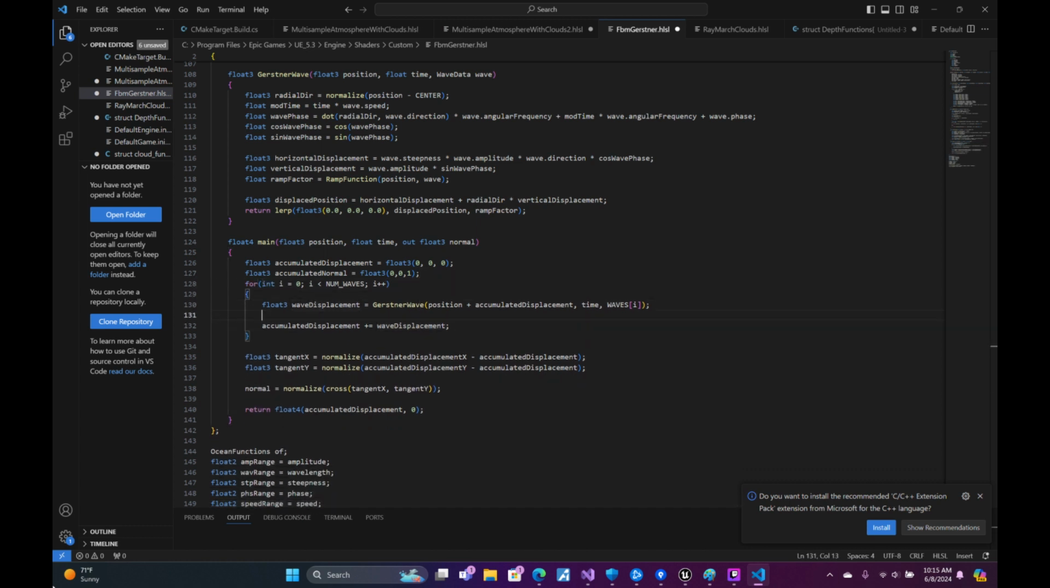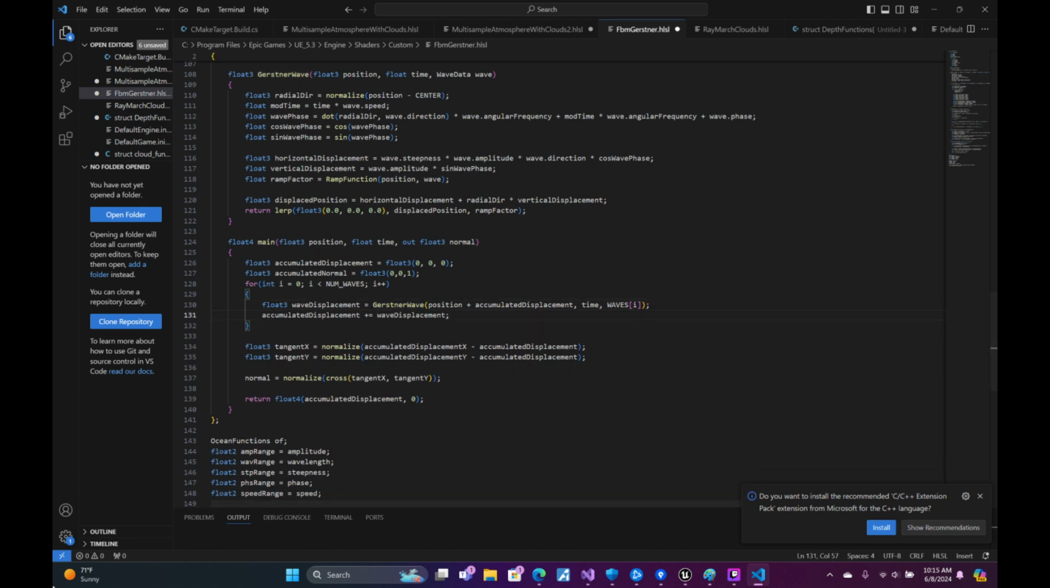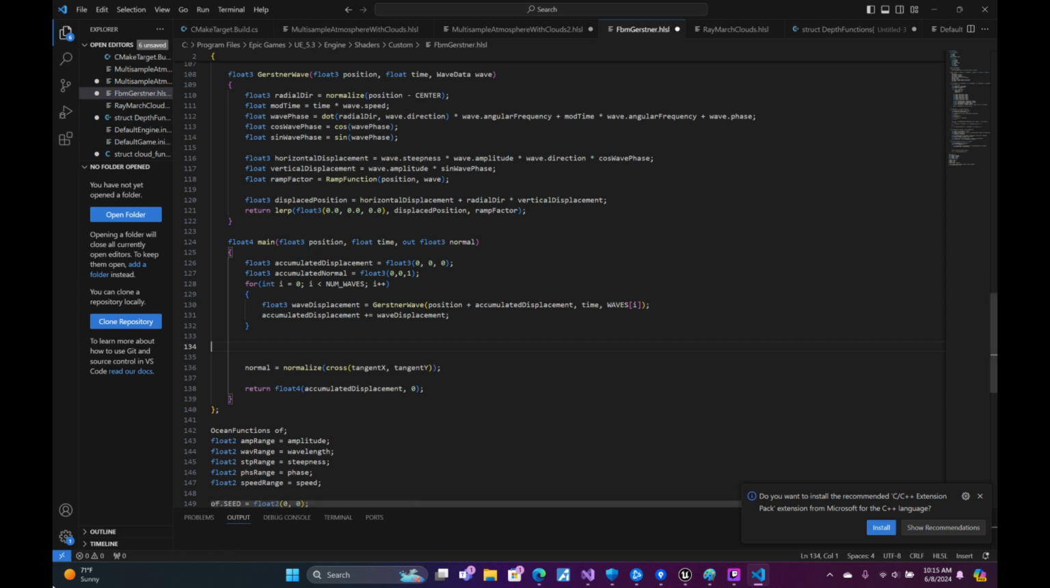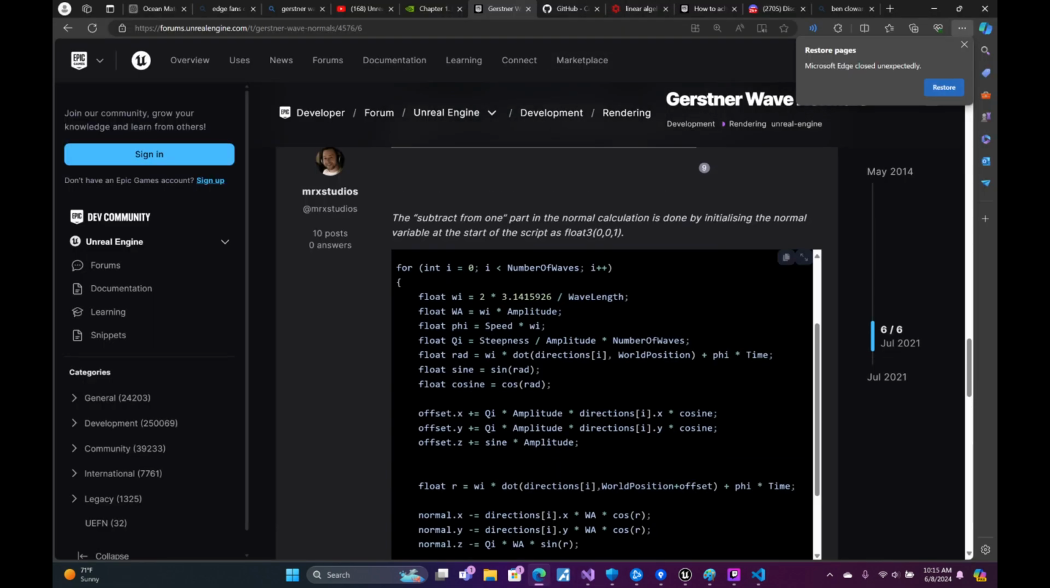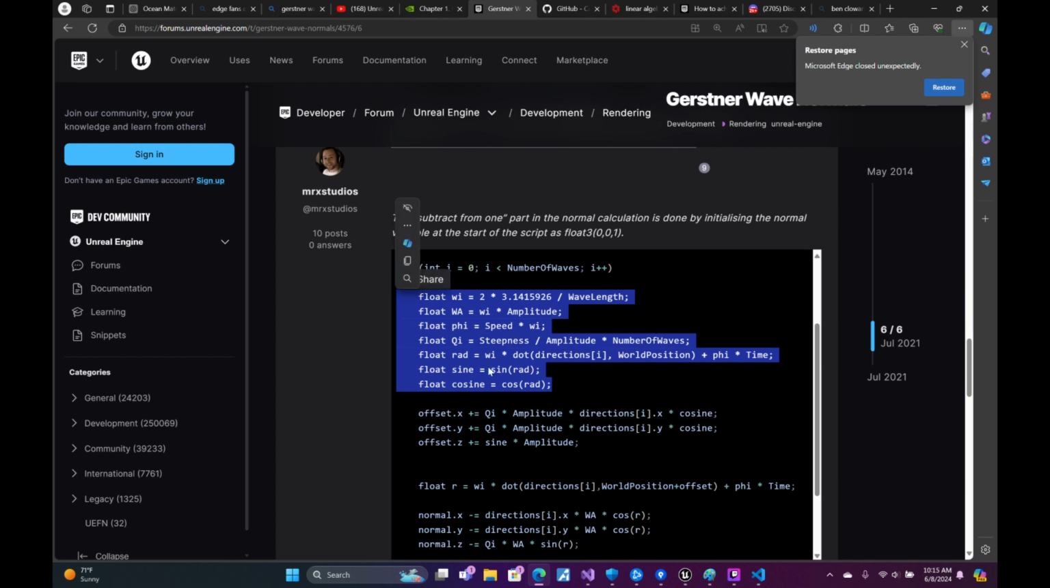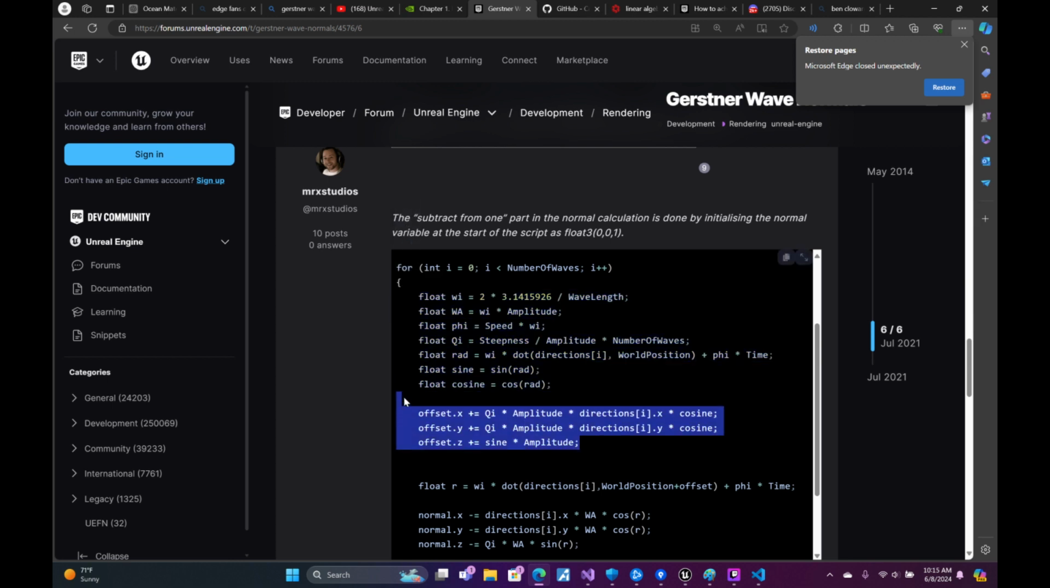So this is our bare bones, get the displacement only. We get rid of this. Alright, beautiful. So now inside this loop, for each wave at each world position, we have some math here to do. Okay, float WI. Let's get all of this. Actually, let's go ahead and get